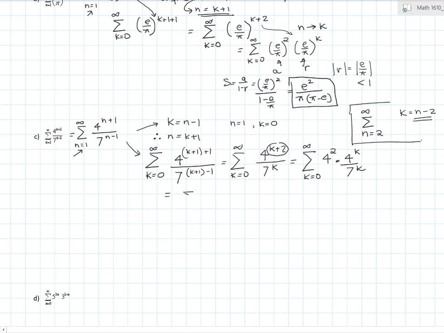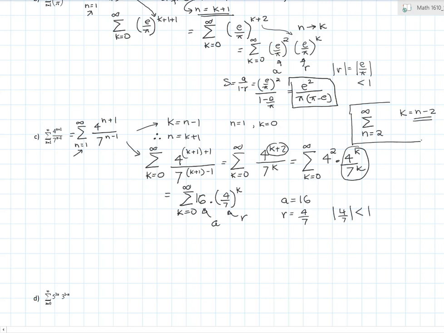So that becomes 4 squared is 16, and 4, this can be written as 4 over 7 raised to the power k. So this is my a, and this is my r. So a is 16, r is 4 over 7, and